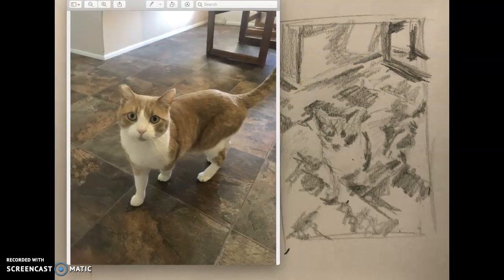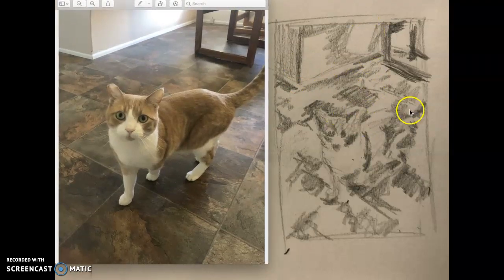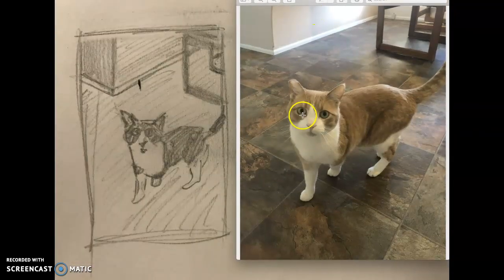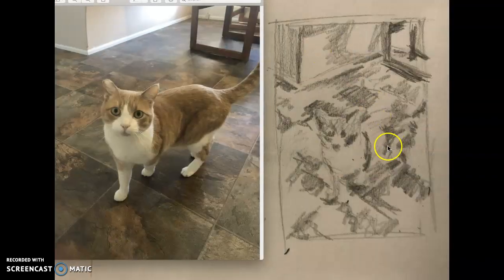Whether or not this is a perfect example of Notan, what I really am looking for in your examples is, are you drawing what you know is there? You know it's a cat shape, so I've outlined the cat shape here. You know the cat is darker on top, so I've drawn in the darker. This is what I know, but not what I can see. In this example, I'm really focused on what I can see, even if it doesn't quite match what I know